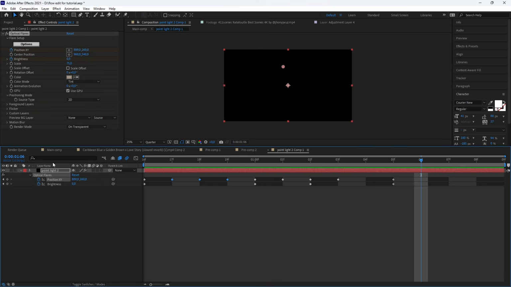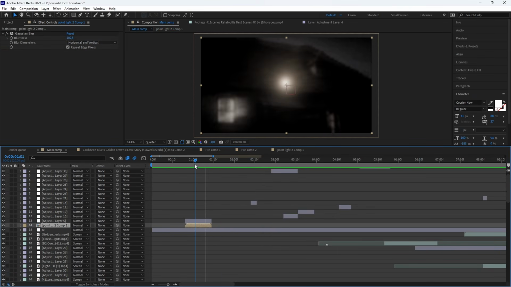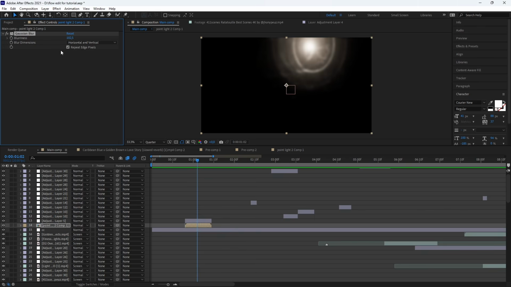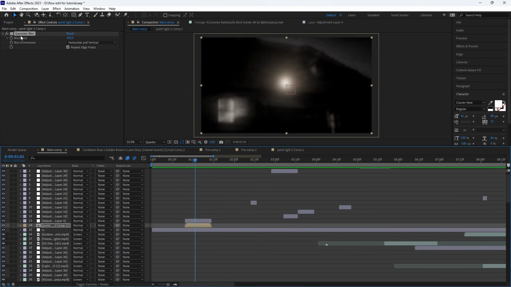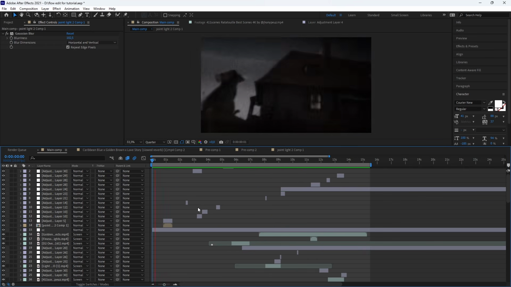Once I was done, I pre-composed it, and I added the Gaussian blur effect on it with a high blurriness, because I didn't like the real point effect. I wanted it to be softer, so that's why it's blurry like this. But yeah, that's it for this transition.